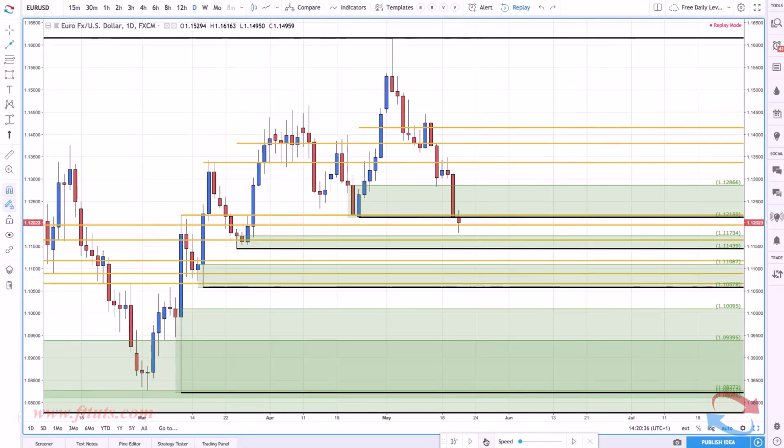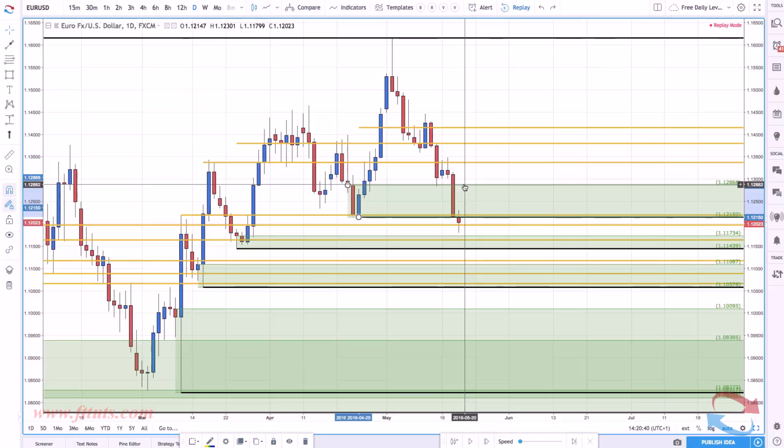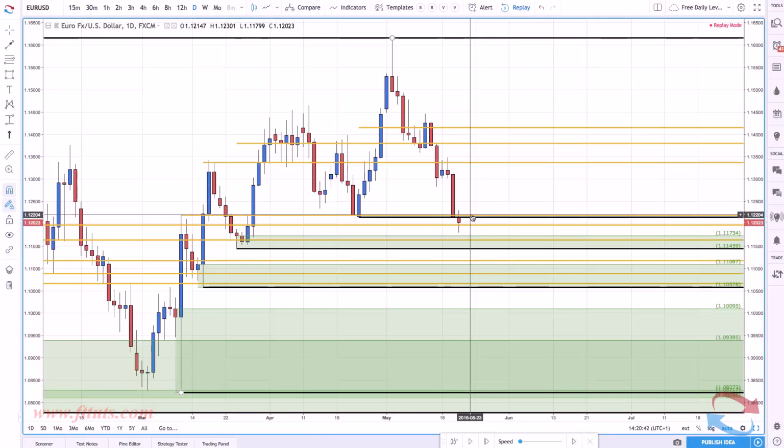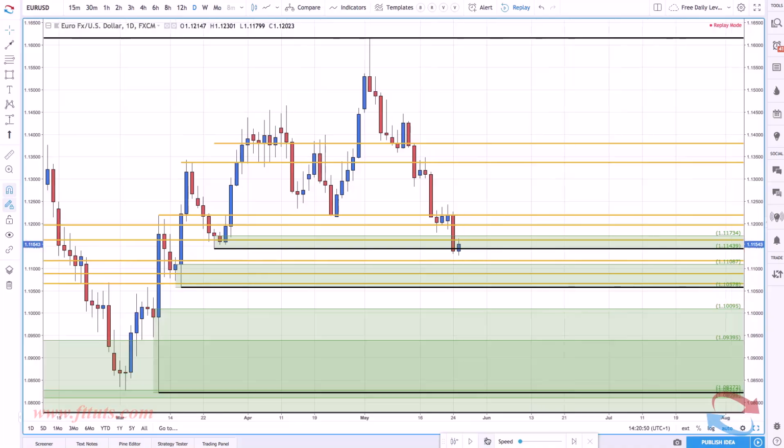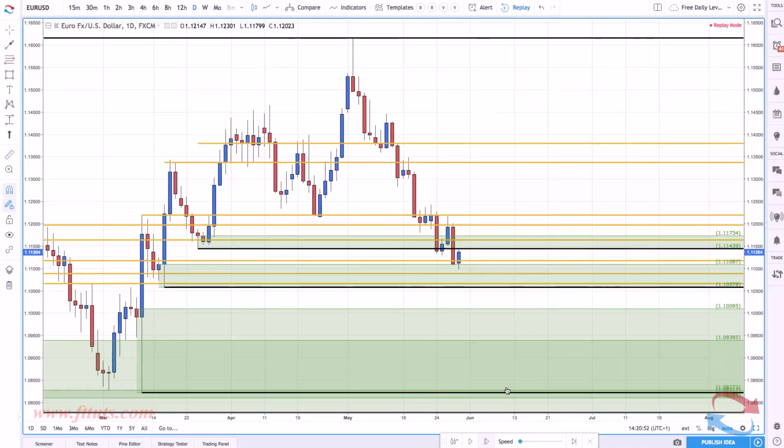Here we go. Prices come down. Prices didn't react. No problem. Take that level off. Got a cluster of fair value around here. Prices did react slightly, but once we break that,